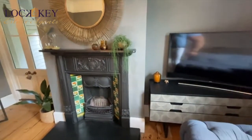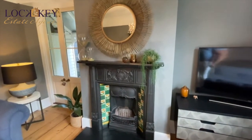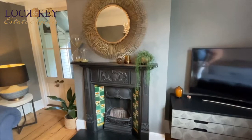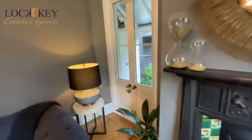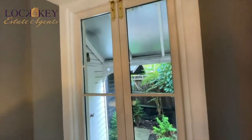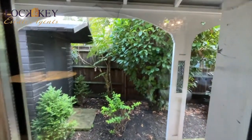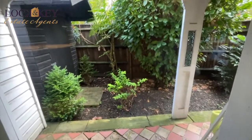All the joists have been done in this property. It's been very, very well looked after. There's a new boiler. I think that's maybe 12 months old. Yeah, it's just got ready for sale. I mean, this property is lovely. Obviously the windows are double glazed. This door is double glazed, and that just pops out there. And I just love that little cute art deco style